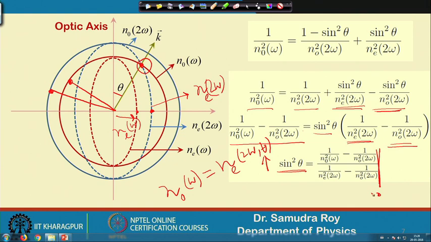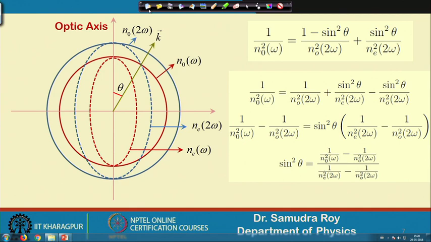So, that means, inside the crystal, if I launch a fundamental wave, then the launching angle is a very important criterion. I can't launch in any arbitrary direction, but I need to launch in a very specific direction for which, compared to the optic axis, I launch at a certain angle, so that my phase matching condition is valid, and once the phase matching condition is valid, we will have more efficient second harmonic generation. So, this is the process to find out this angle. If I know all the values of ordinary and extraordinary refractive index, then we can readily find out what should be my angle.